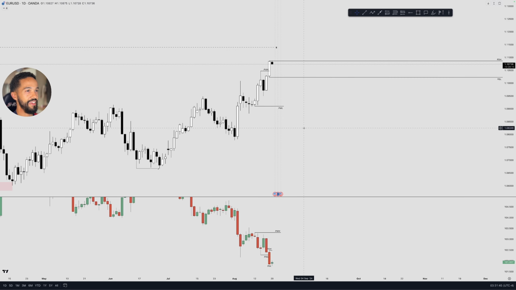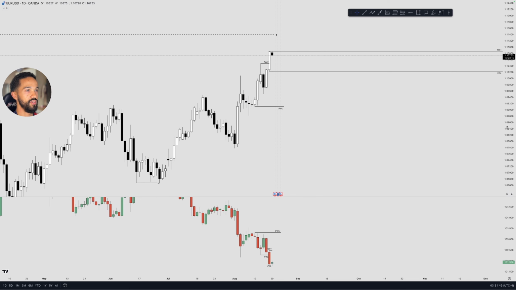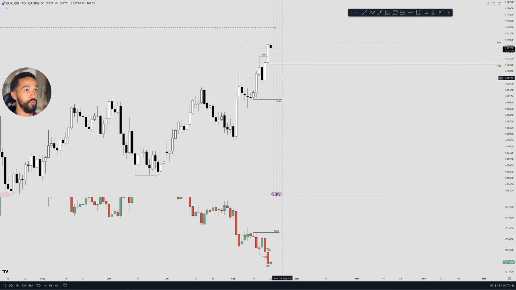Right, here we are on the daily. We have EU on the top, DXY on the bottom. So what's the daily showing us? Well, if we look at yesterday, Monday, we had a really big bullish day, right? Another bullish engulfing candle smashed through the previous weekly high. So of course we've left behind imbalances and we're obviously going to be in more of a premium of price